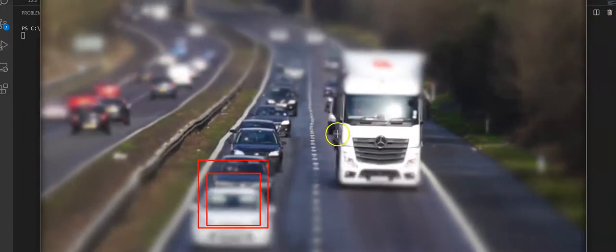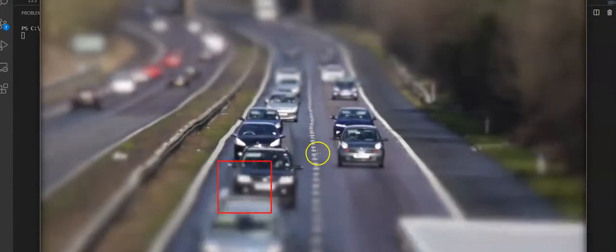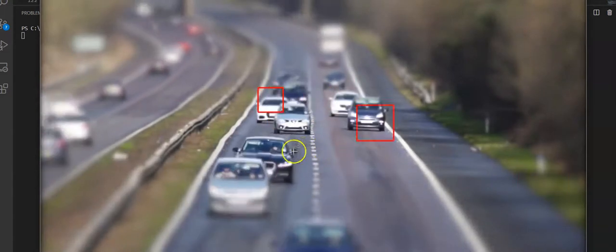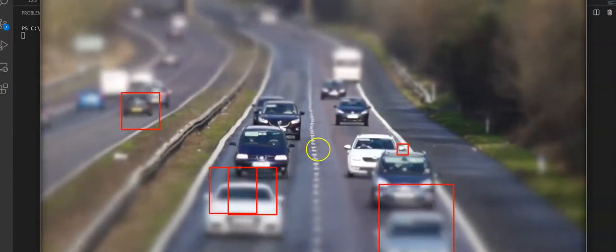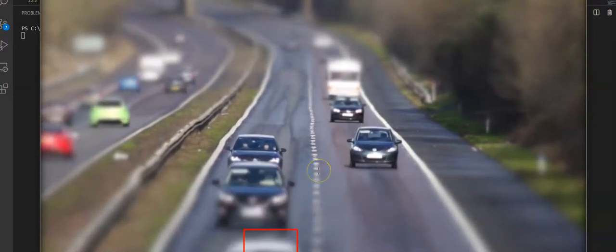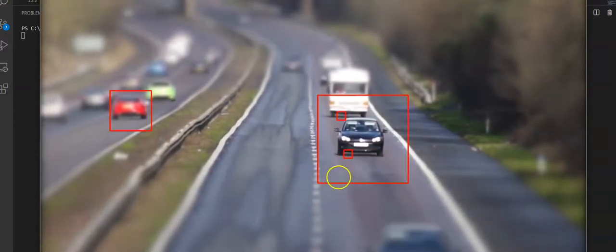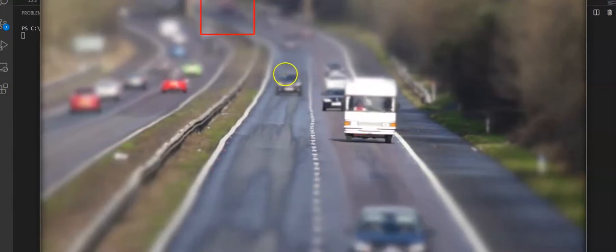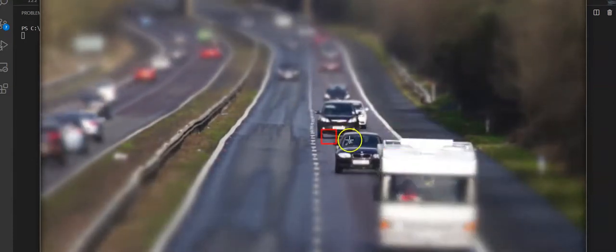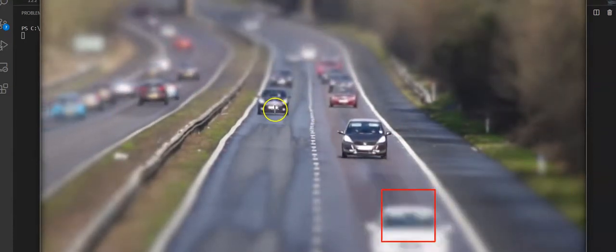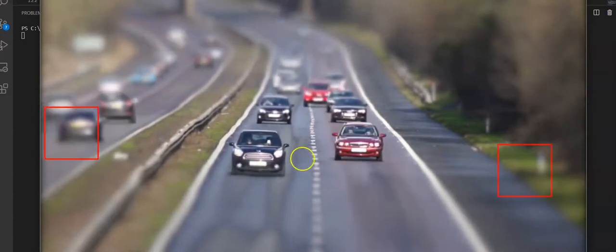One drawback of this particular project is that if the cars are moving at a very great speed and there are many cars on the road, this system will not be able to detect each and every one of the cars.